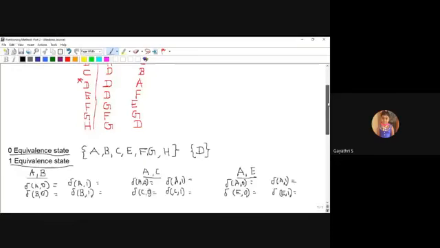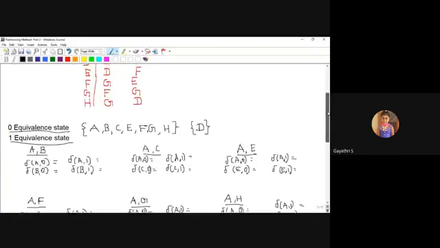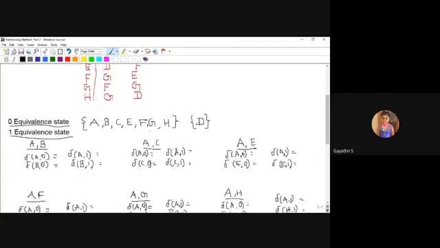So what is the zero equivalent state? I just segregate the final states and non-final states into groups. In your given table, D is the final state, and the remaining states are non-final. So this is the group: this is the final state, and these are the non-final states. Next, one equivalence.